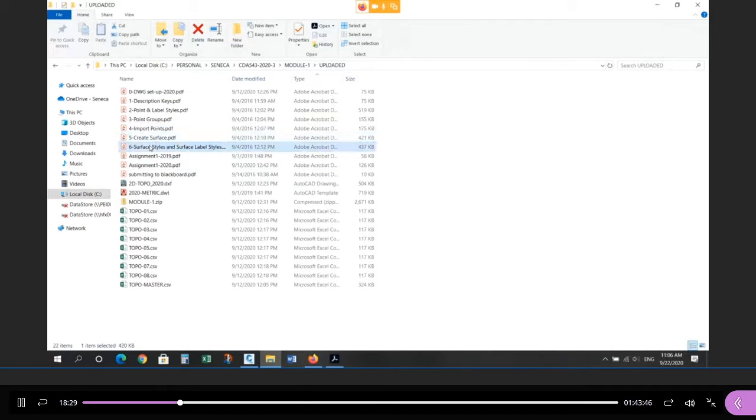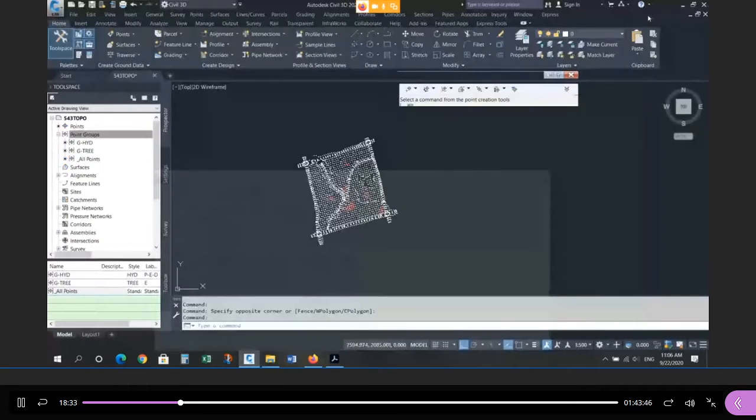Now we want to create a surface and then a surface style. So there are 2 more steps and then some AutoCAD housekeeping stuff. How do you create a surface? When it comes to surfaces, there's basic information that you have to give it. One of the things I talked about last day was to import the break lines, and that's in